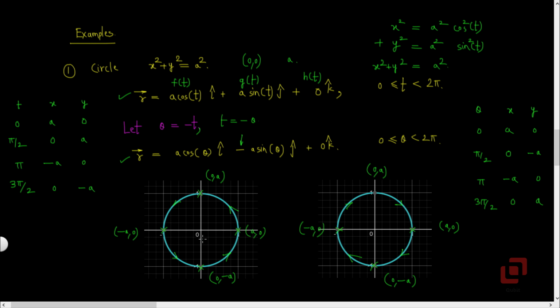In the example of the circle, the Cartesian equation was still x squared plus y squared equal to a squared, and this did not raise the question, are we traversing the curve in anti-clockwise direction or clockwise direction? However, with the introduction of two different parameterizations of the same circle, we have got two different oriented curves.